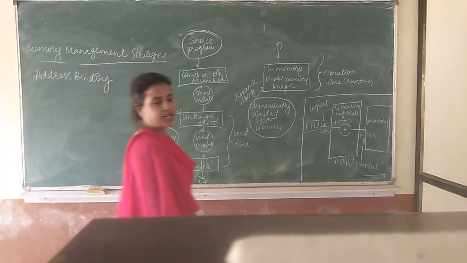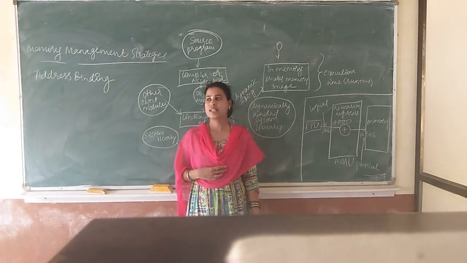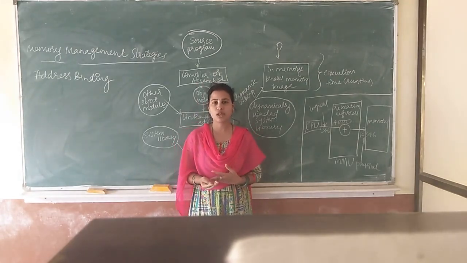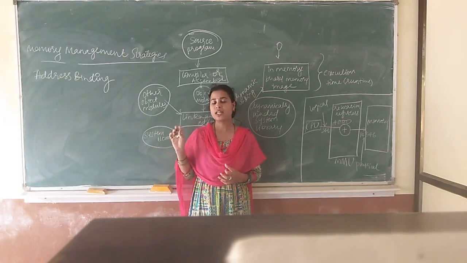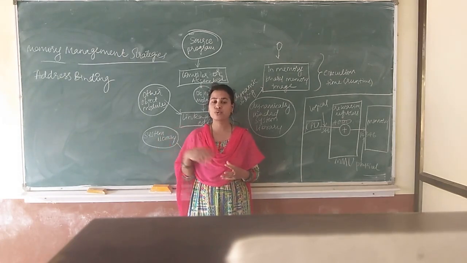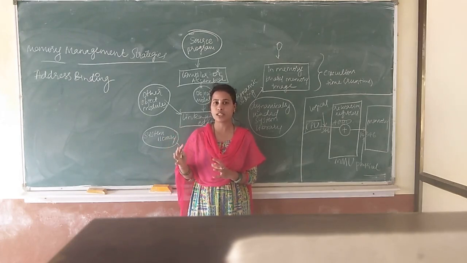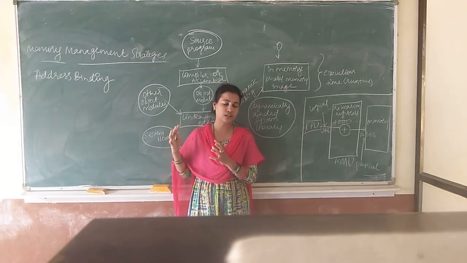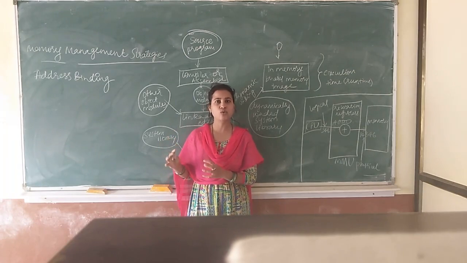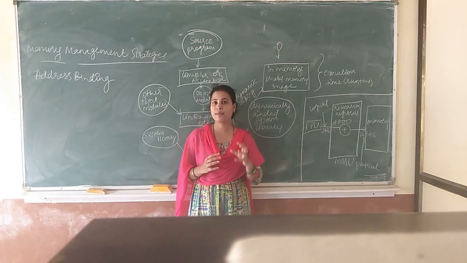So next we will be studying address binding. What is address binding? Whenever you are going to execute a process, it will first be in the disk. From the disk you bring it into the main memory. In the disk also there will be many processes waiting for execution. Those are waiting in a place called the input queue. Whatever we have in a queue on the disk is the input queue. From that input queue, one process is taken and brought into the main memory.